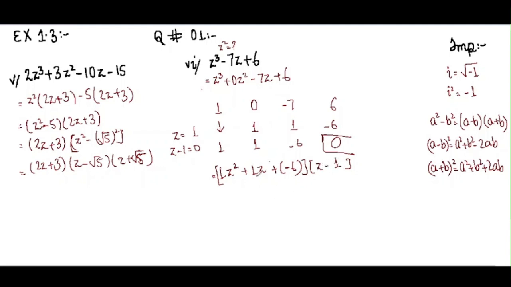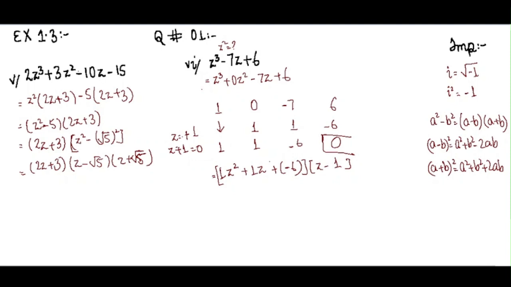Okay, let me change it. Let's just suppose that here it is written minus 1. What would then the value of z be, or what would be the factor then? Yes, it would be equal to z. And now when this is brought over to the right hand side, on the left hand side we get z plus 1 equals 0. So the factor would be z plus 1, but here we have got just plus 1. So we are going to bring here minus 1, and this answer would be z minus 1.